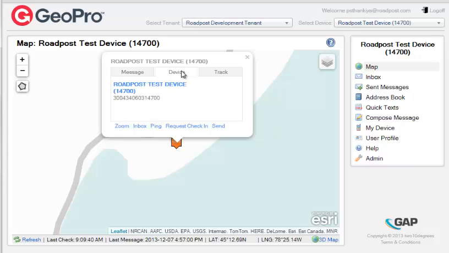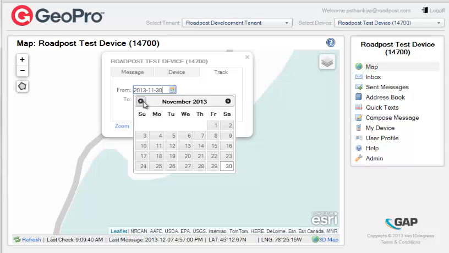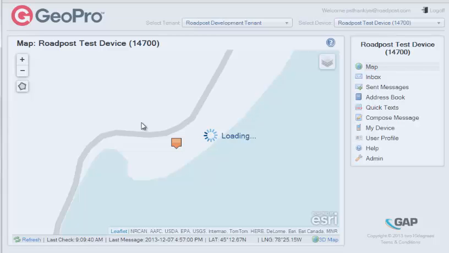In device, we understand that it'll show some basic information about that device, like a friendly name and the IMEI. In track, we can actually now define parameters from when to when we want to see those tracks laid down. So if a device was reporting tracks at a basic interval that either an administrator or they have set, we can actually define at what date do we want to see those tracks. So let's go back a few months. September 1st to today,